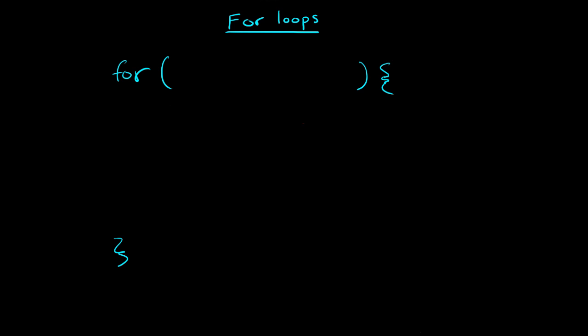The first thing that goes in here is essentially the number you're going to start counting from. That's what goes in here. This is one way to think of it. So this is what you start counting from, and then you count